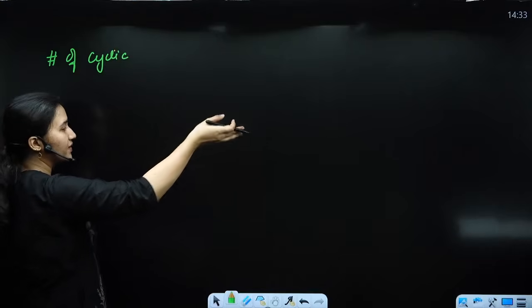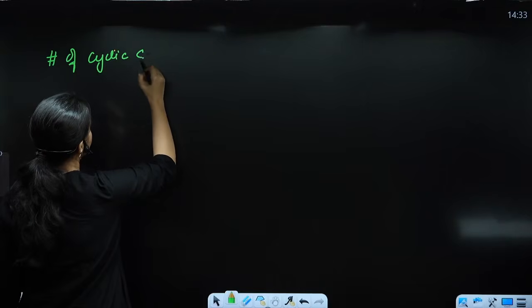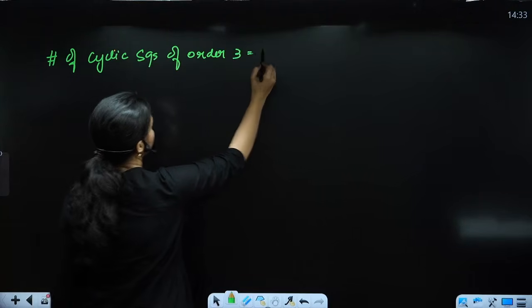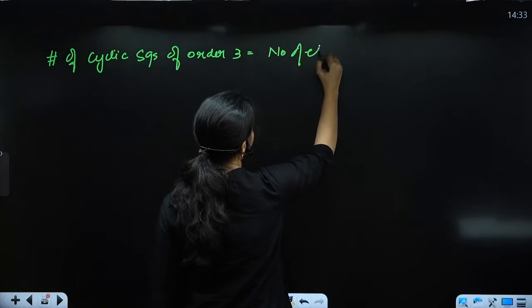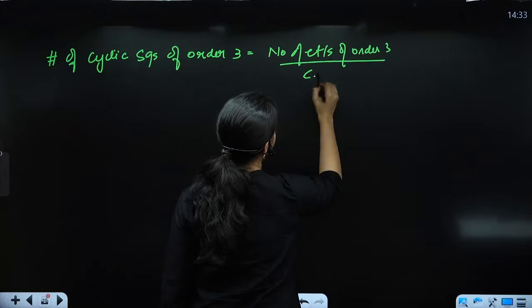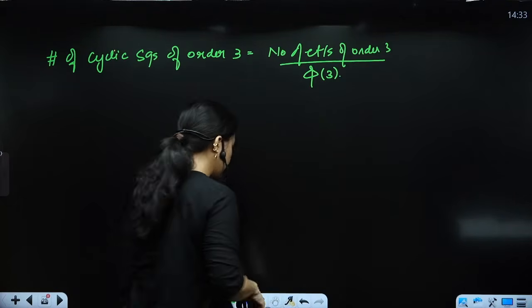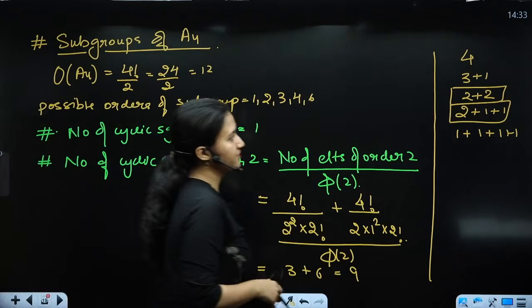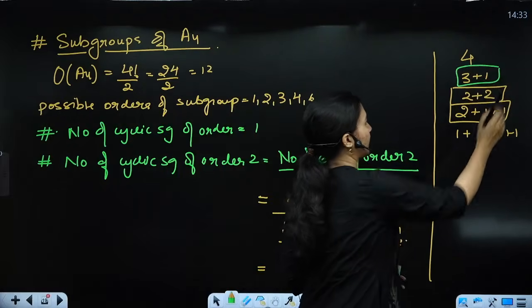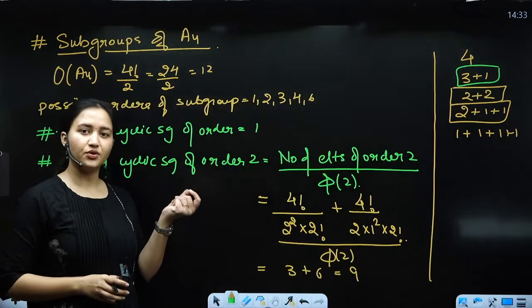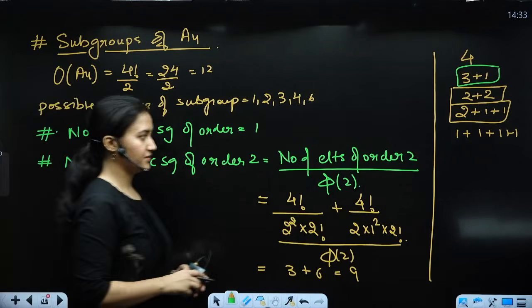Because 2 and 3 both are prime numbers, right? The number of cyclic subgroups of order 3 is going to be the number of elements of order 3 divided by phi of 3, right? So what is the possibility that I'm going to get an element of order 3? That is going to be just 1 from here, right? 3 and 1. Also, if you want to check whether your 3-cycle is going to be an even permutation or not,